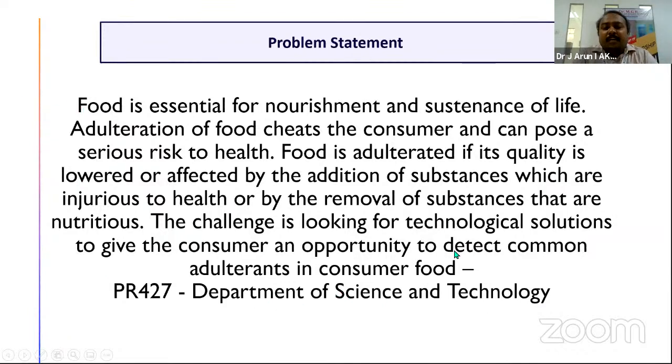They are simply talking about adulteration in food. Can you do something about it? Can you make a device? Can you make a software to find out adulteration in food? Can you make a device to find out adulteration in food? That is really important. Okay. So what you have to do is,